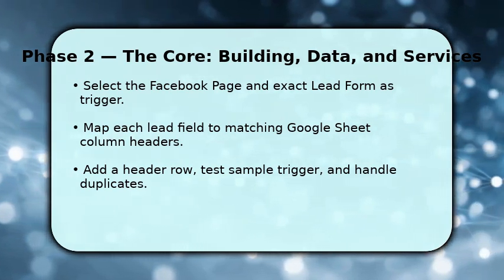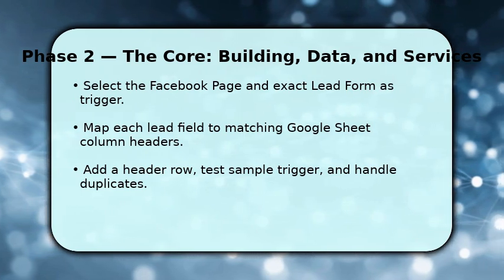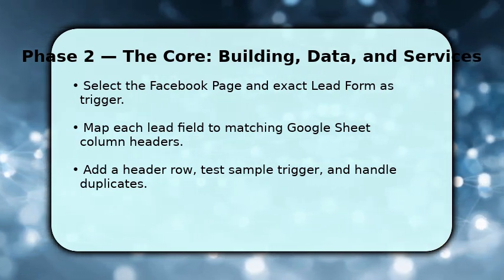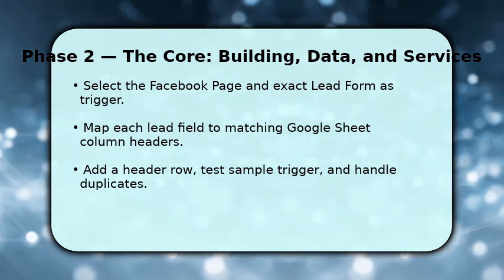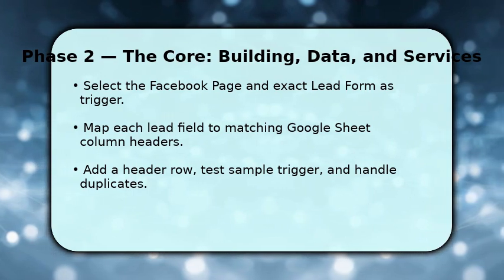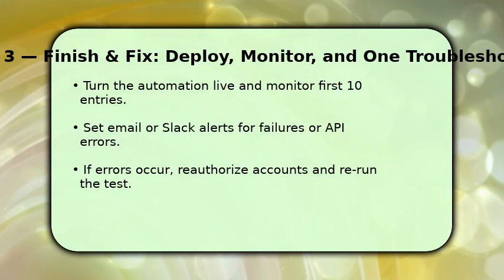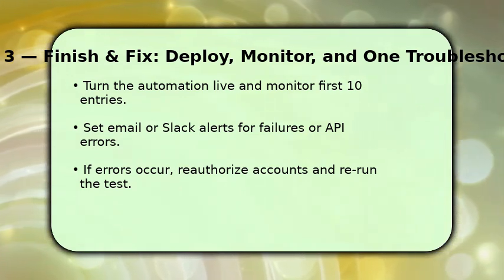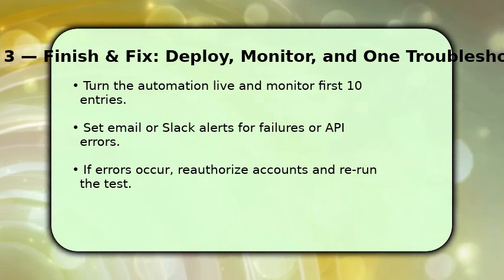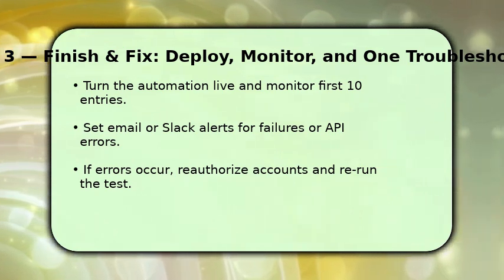Run the built-in test. Send a sample lead through to confirm columns align. If fields mismatch, adjust mapping and retest until values land correctly. Now activate the Zap or Scenario and watch the first 10 entries fill your sheet. This validates real-world behavior. Once live, add secondary actions if needed: send notifications, tag contacts, or backup rows to another